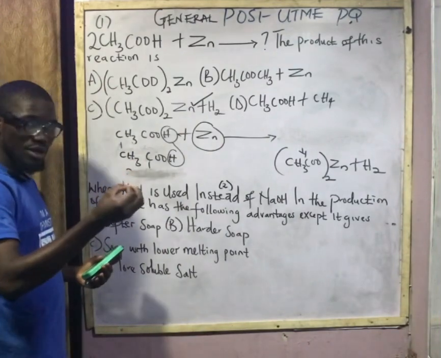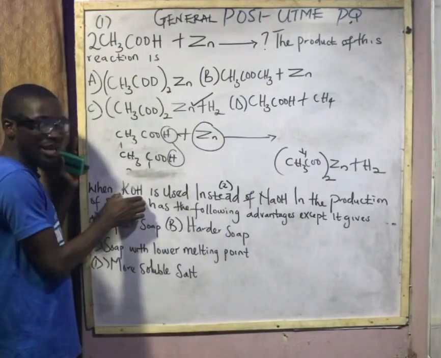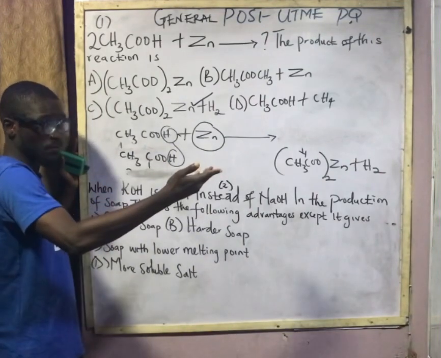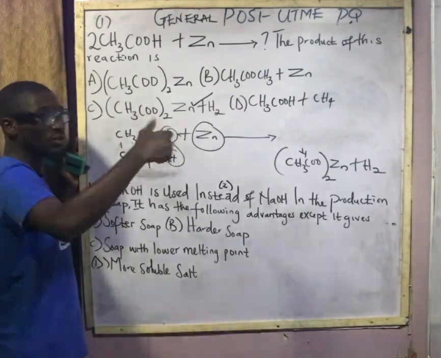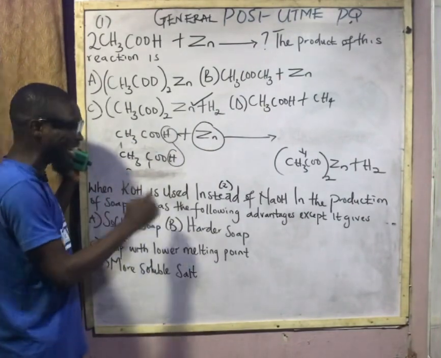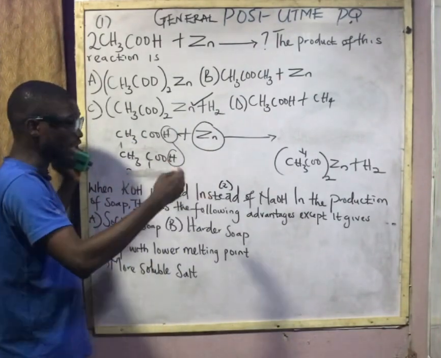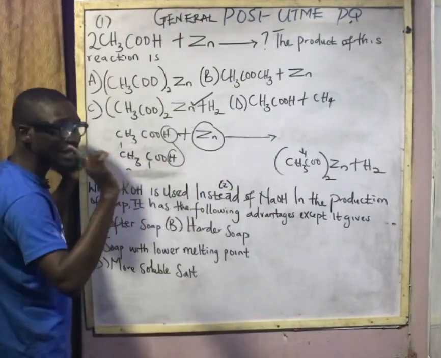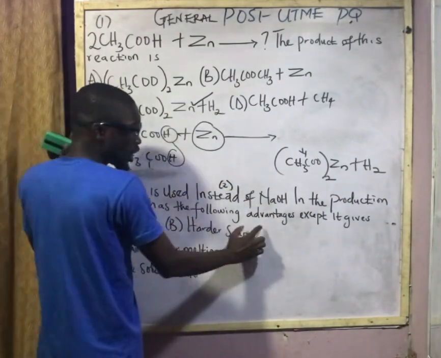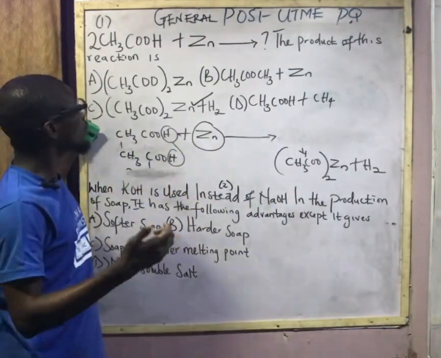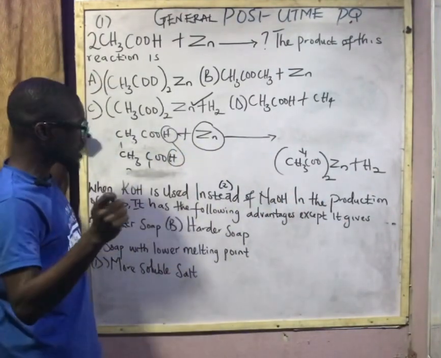Harder soap, because this potassium hydroxide has, we call it, a melting point of a specific rate of a compound. So by doing that, when potassium hydroxide is used instead of sodium hydroxide, the statement is clear that it has the following advantages. In case you come across it as a student who is willing to sit for the forthcoming post-UTME,